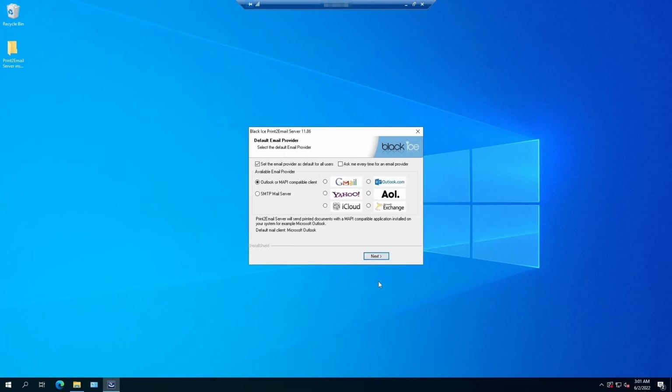On the next window, you can configure the default email provider. At the top of the window, the installer offers two options for managing email providers. If the Set the email provider as default for all users option is checked, the selected email provider will be applied to every user on the computer. If the Ask Me Every Time for an email provider checkbox is selected, the Print2Email will prompt for an email